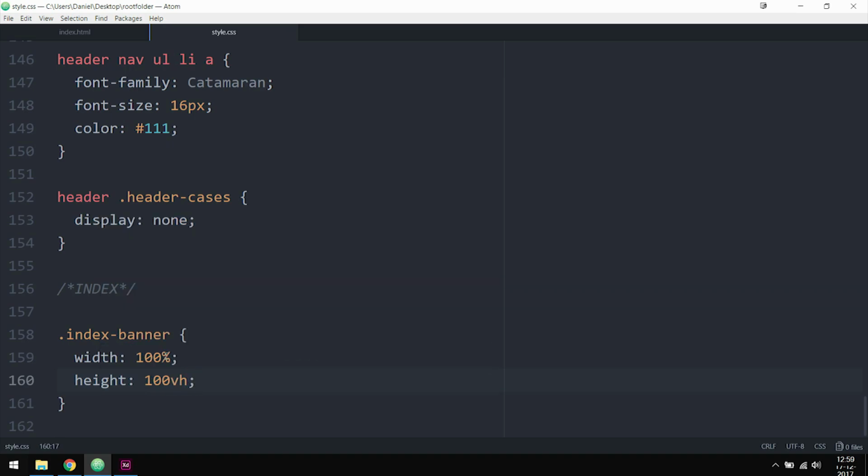Now, view height and view width is actually a new thing we have inside CSS. So I'm really glad that we have it now because it makes things quite a lot easier when it comes to making things the entire height of a browser. Now, there's going to be a problem here because if we were to go ahead and save this, actually, let's